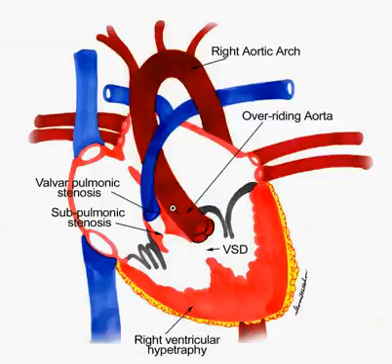Okay, it's not aligning properly, and so you're going to get overriding aorta, you're going to get this ventricular septal defect, subpulmonic stenosis is also involved, and then you're going to get right ventricular hypertrophy just because you're getting not enough blood through the pulmonary artery and you're having to work harder to try to push it out. It's eventually going to override across the ventricular septal defect, go through here, through the aorta. You're going to get deoxygenated blood shooting through here,